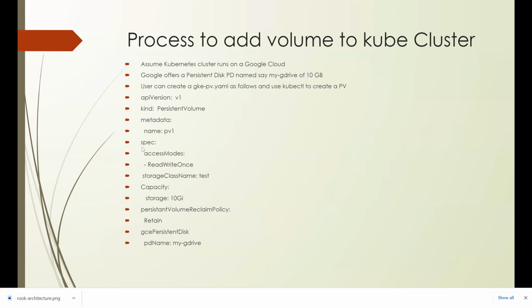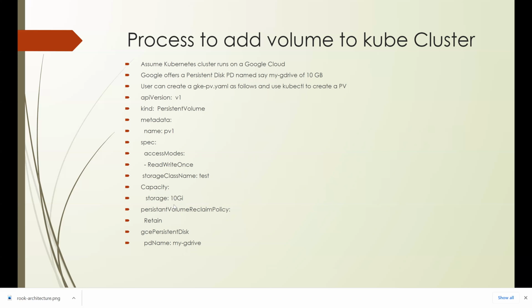And the specification is the desired state. The desired state is that we need an access mode, which is ReadWriteOnce. So basically we want a persistent volume PV1 whose access mode is RWO, which is ReadWriteOnce. Then the storage class name, we are just trying to test it, so let's call the class name test.